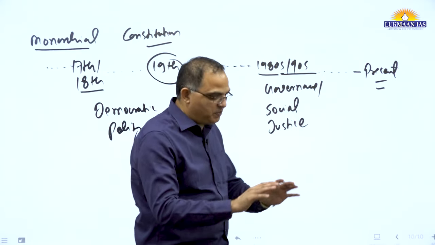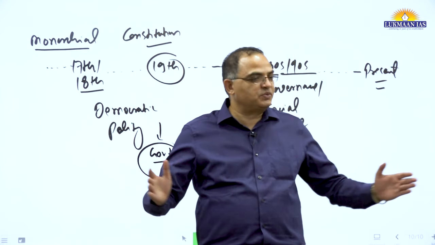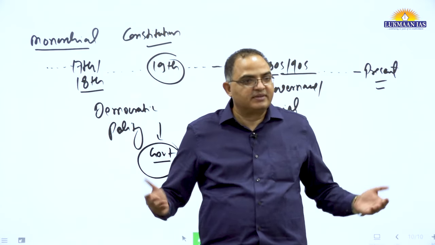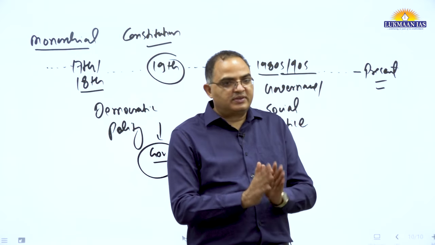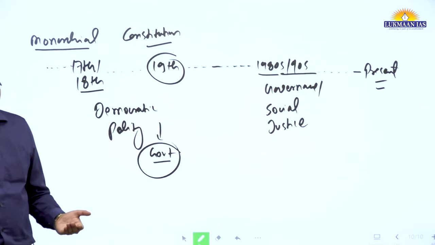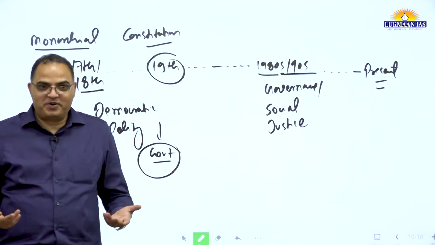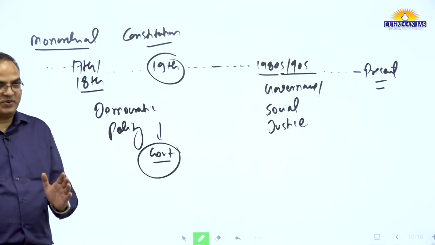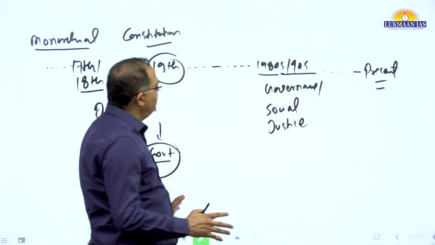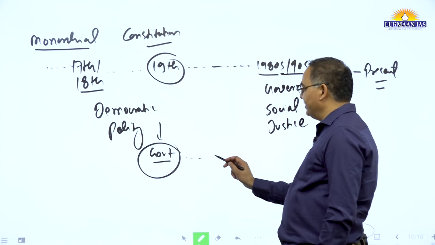When we say polity, polity is basically nothing but government. Others are just to support government. Like the Election Commission is also supporting government to conduct elections. And UPSC is also helping government to recruit some meritorious people who can serve government. Government was the main institution. But this government, let's say by the 1980s, started failing.